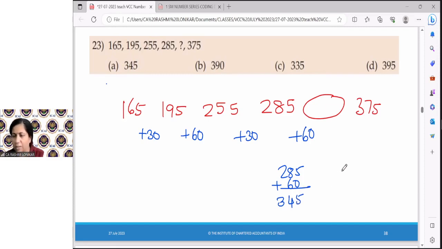345, right? Now I need to cross check because this is plus 30. 345 plus 30 gives me 375. Okay, so